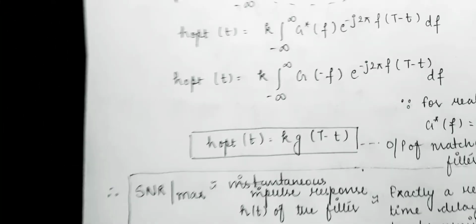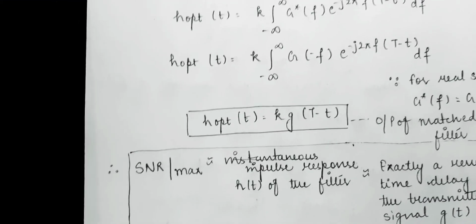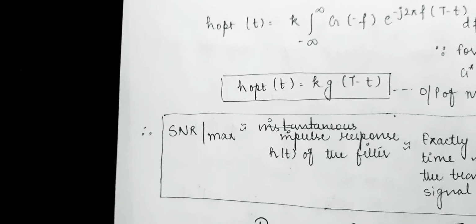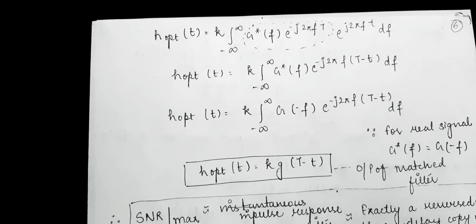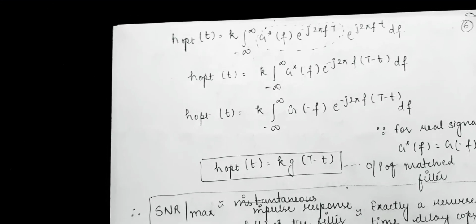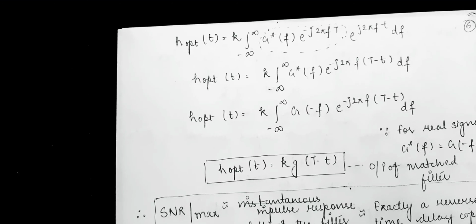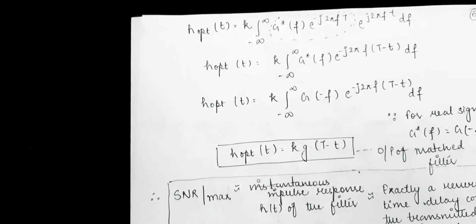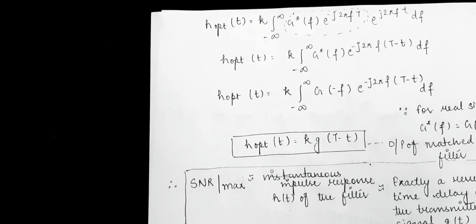Now if we take the inverse Fourier transform, then we get h opt(t), that is the impulse response of the matched filter. So h opt(t), that is the optimum filter response, is equal to k integrating from minus infinity to infinity G star (f) e to the power minus j2 pi ft into e to the power j2 pi ft df. Now h(t) will be equal to, we can solve this, k integrating from minus infinity to infinity G star (f) e to the power minus j2 pi